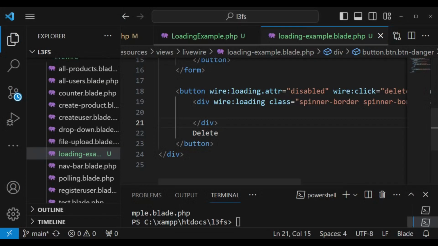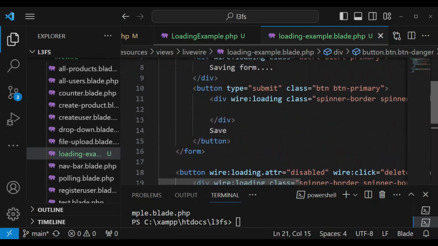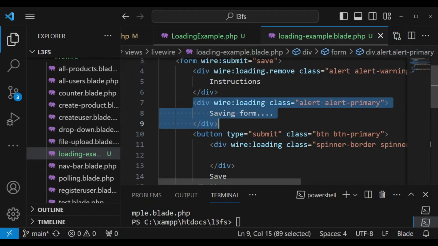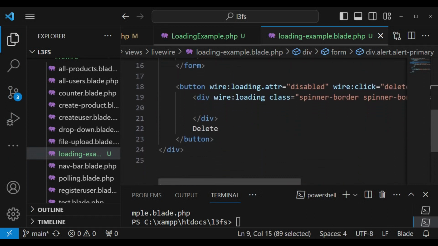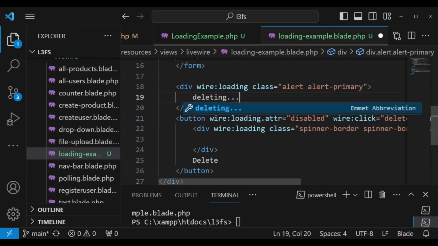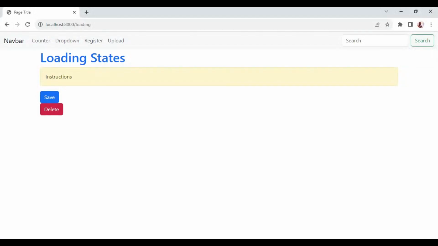So basically what I'm going to do, I'm going to just copy what we have here, the one that we are having for saving form. I will copy this and then paste it here just above our button, such that we have something displaying. In this case, what I need to have here is deleting like that. And of course, as you can see, it has wire loading. Now I want to refresh, and now when I click delete, also we have something that is being shown here